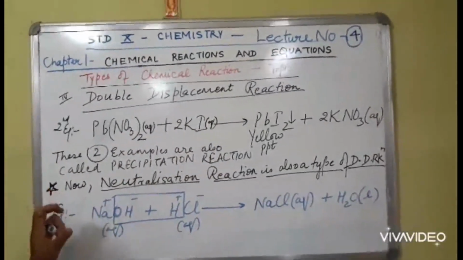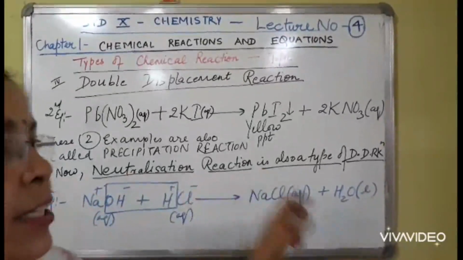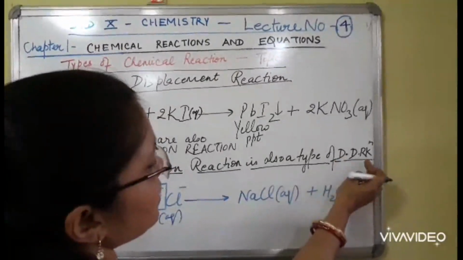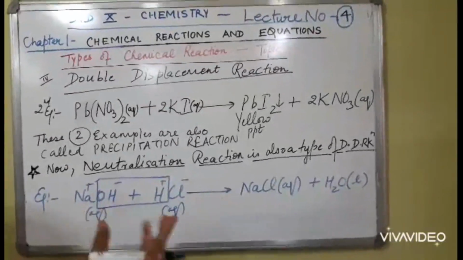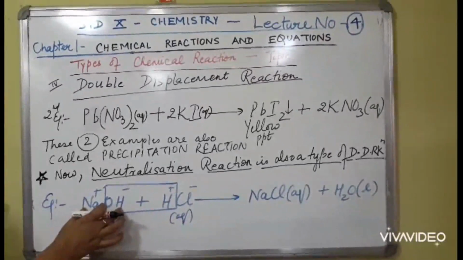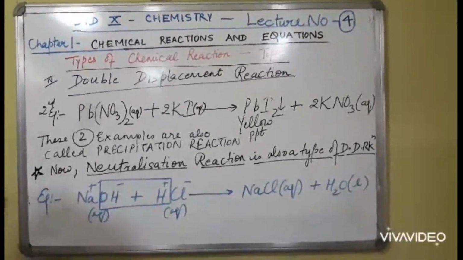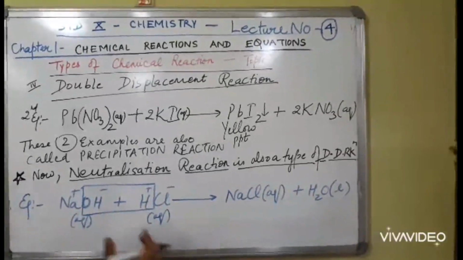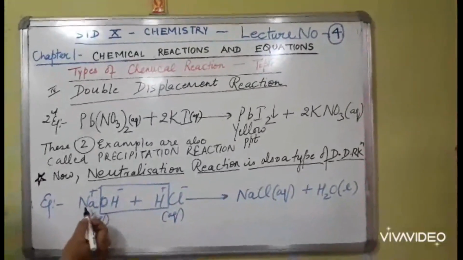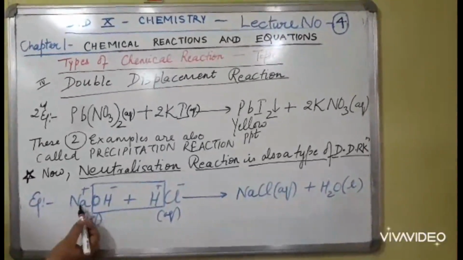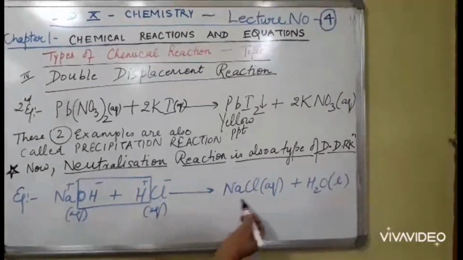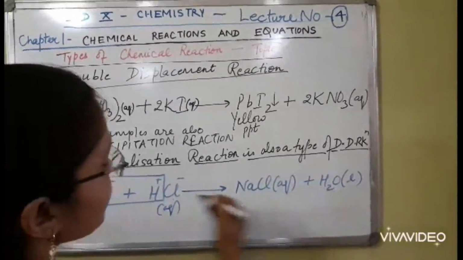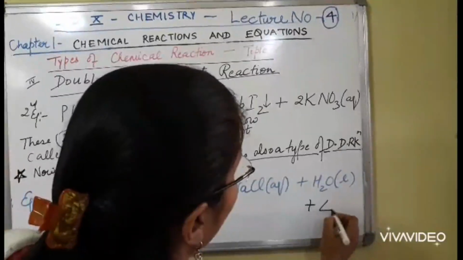Now, wonderful thing is that neutralization reaction, which you have read in junior classes, is also a type of double displacement, DD, reaction. Example, a very familiar example, we take a very strong base, NaOH, common name caustic soda, sodium hydroxide, and hydrochloric acid, an acid which is again a very strong acid. They quickly break into ions in water. Na plus gets exchanged with Cl minus, forming NaCl. H plus and OH minus will form water. It is a highly exothermic reaction. It gives out a lot of heat.